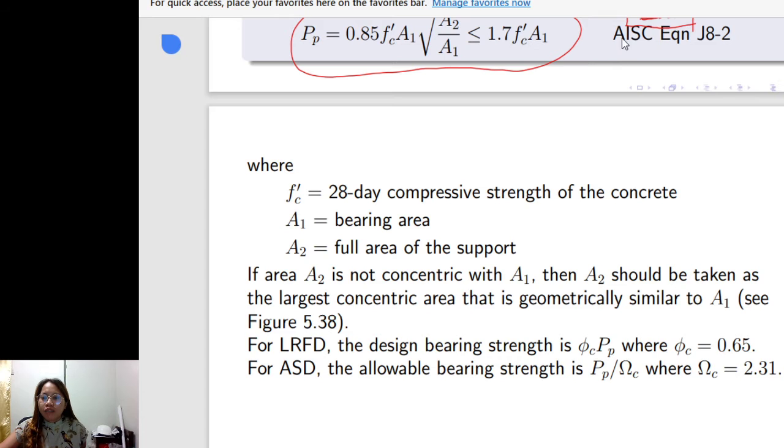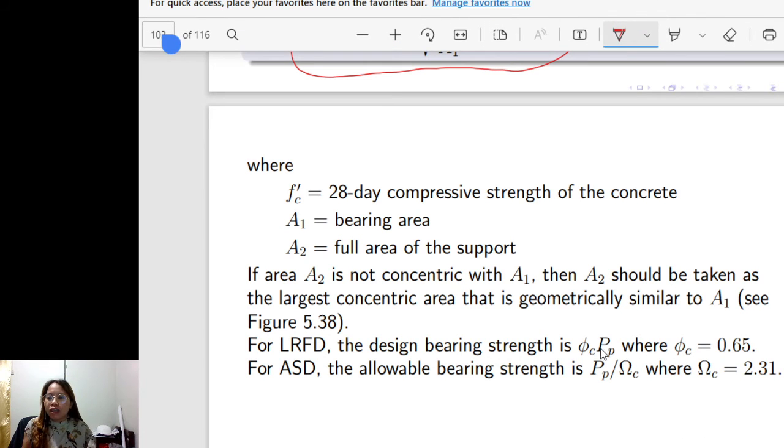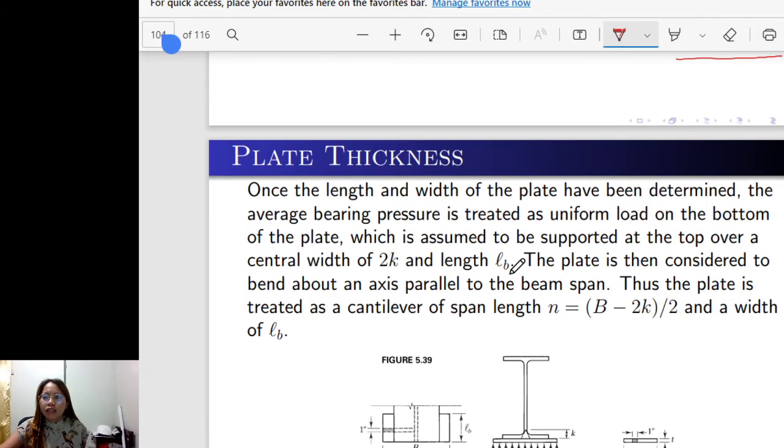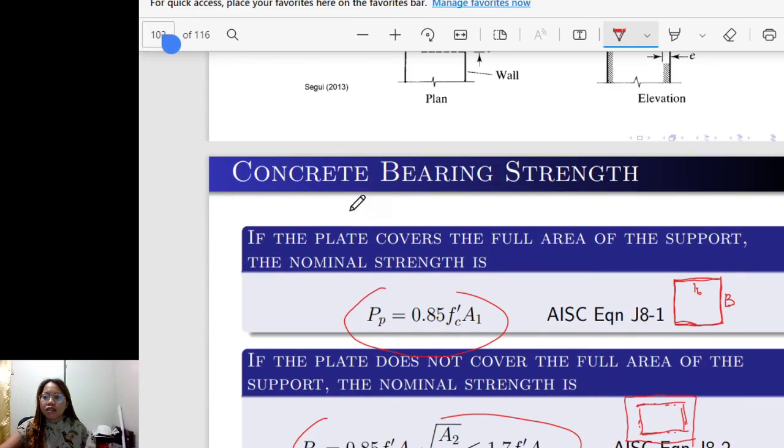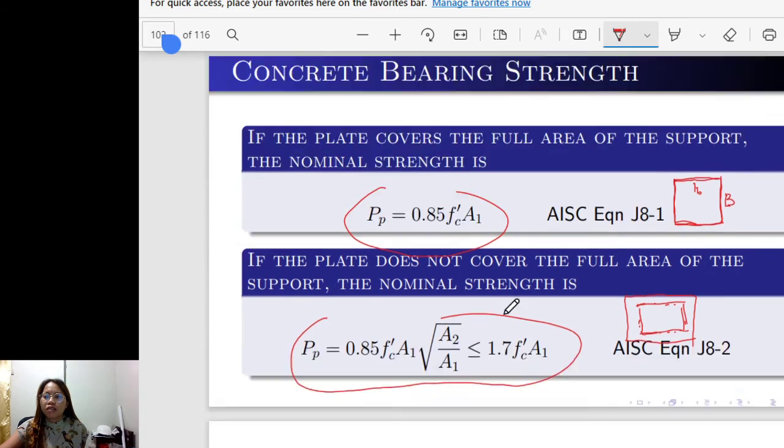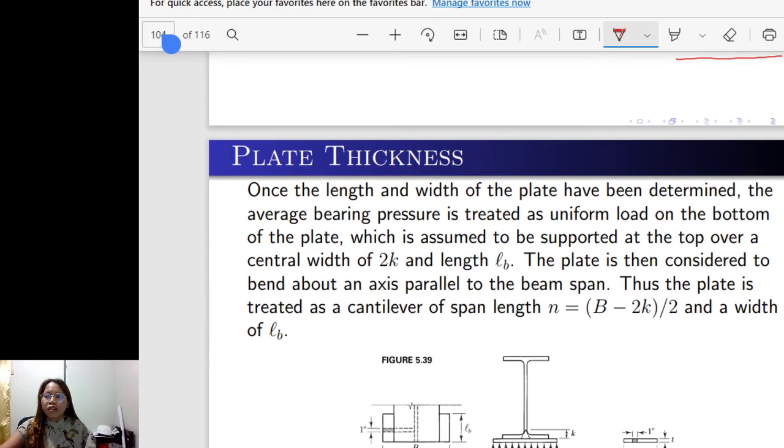For LRFD design bearing strength, the resistance factor phi for this limit state is 0.65, and for ASD the safety factor is 2.31. For the plate thickness, because we are after the plate thickness when we talk about bearing strength,